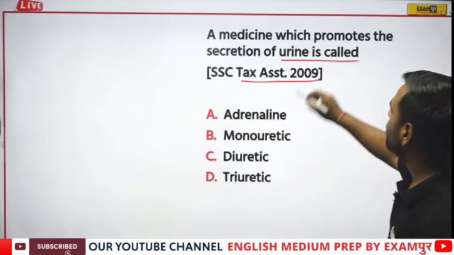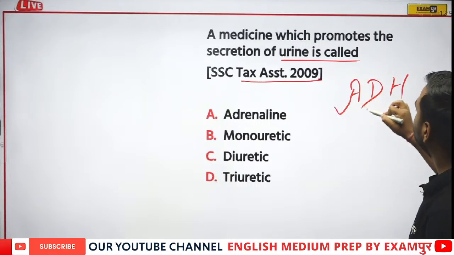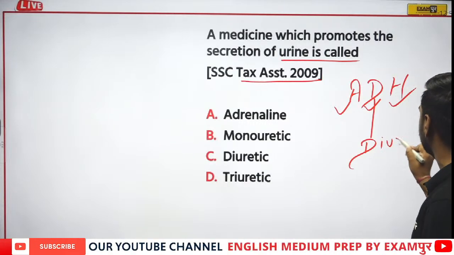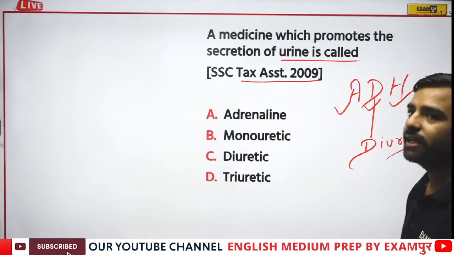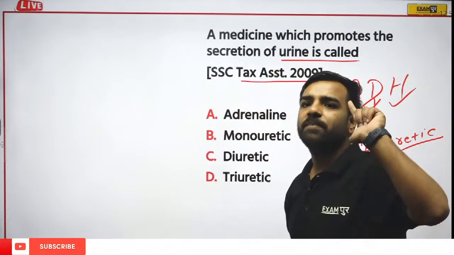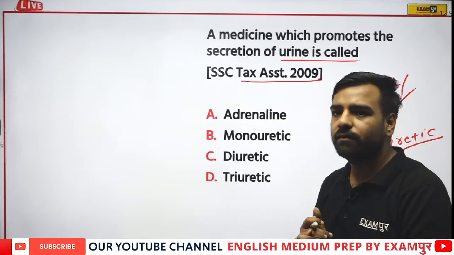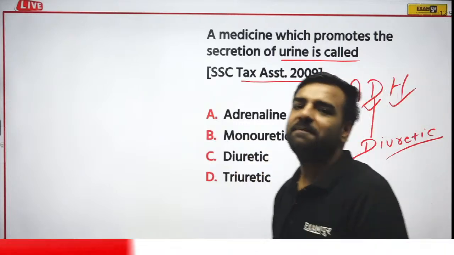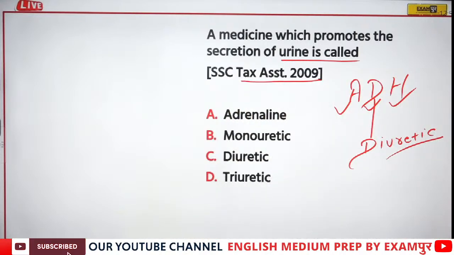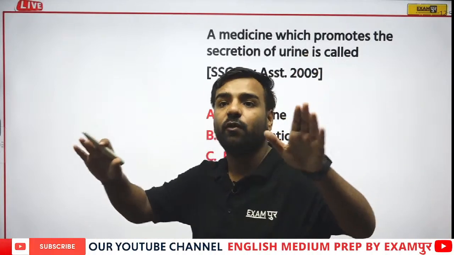Yes. If I talk about the secretion of urine, we were discussing about a hormone that was ADH, anti-diuretic hormone. True? So you can just relate it from the anti-diuretic hormone, which is helping in the water balance. So Ilma is with C, diuretic. Nikita is with B, monouretic. Then Momita is again with B. Ilma is with C. So this time Ilma is correct. Everyone please remember, we are talking about option number C over here. That is diuretic. So anti-diuretic hormone is the hormone which is helping in the water balance.